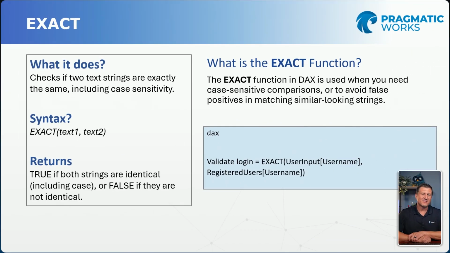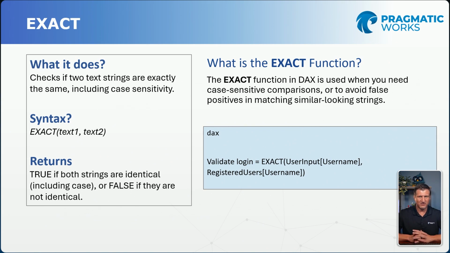The next function on our list is the EXACT function. EXACT checks if two text strings are exactly the same, and it includes case sensitivity. The syntax is EXACT followed by the first text, comma, and the second text. The return is a Boolean return, true if both strings are identical, including the case, or false if they are not identical. The EXACT function in DAX is used when you need case-sensitive comparisons or to avoid false positives in